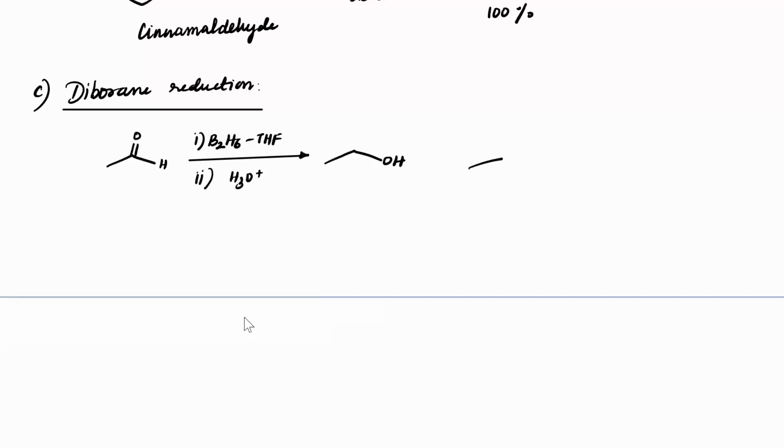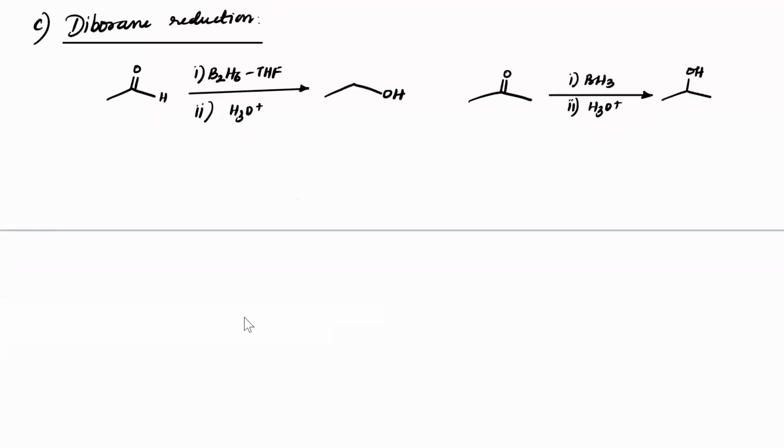Okay. Same way, if you have ketone, and sometimes instead of writing it as B2H6, it is simply given as BH3. Sometimes it is directly given as BH3 and then followed by hydrolysis. That will also give you alcohol. Okay. Now, if you notice the mechanism, what are the steps that are taking place here? So first, double bond O will strongly attract BH3,